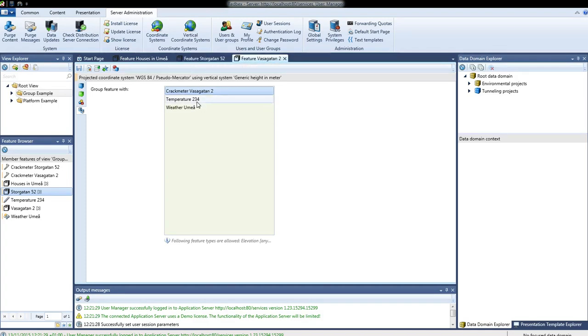But the other features, the temperature feature and the weather feature, are contained in both of these features, meaning that they are related to both of these houses. Maybe because these houses are in the vicinity of each other, they could use the same air temperature and the same weather feature. Now, this may look a little bit